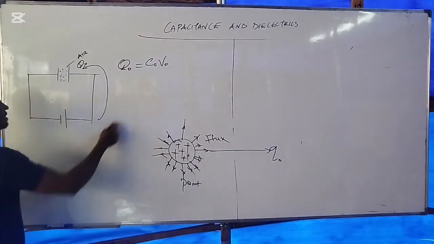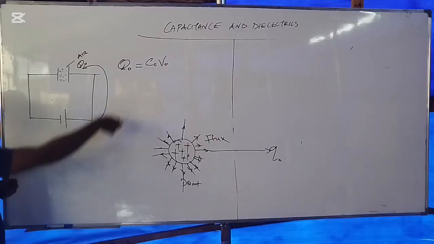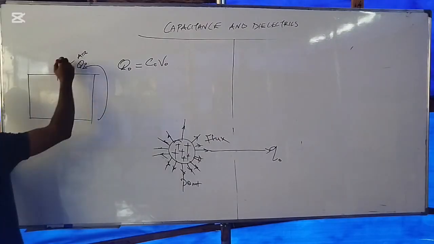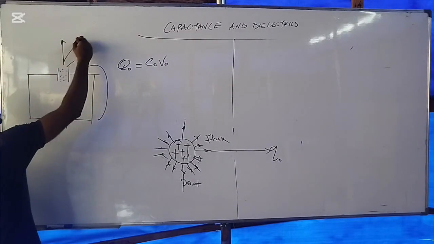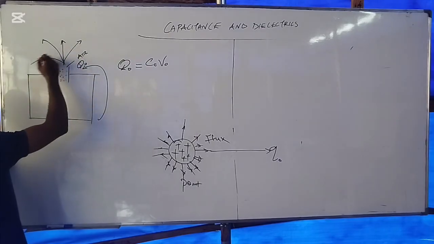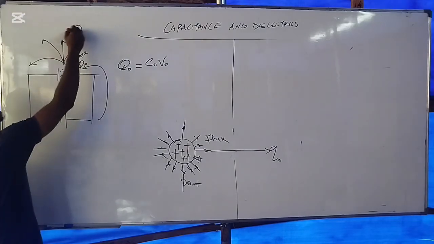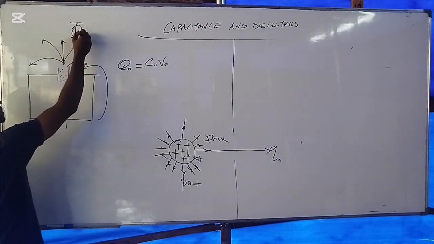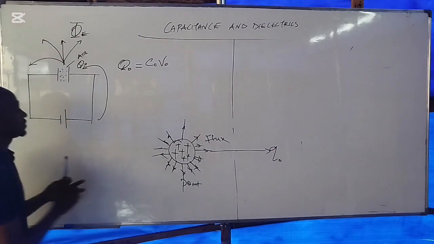So as long as we have a charge system here, there will be some generation of field lines out of this system. And those field lines will create a flux, which is called the electric flux. And according to Gauss's law,